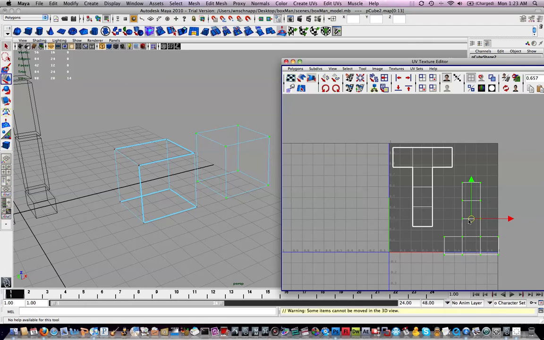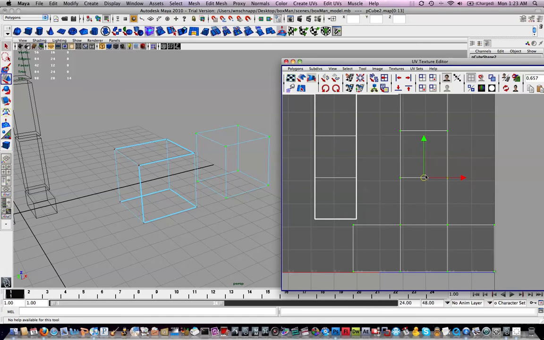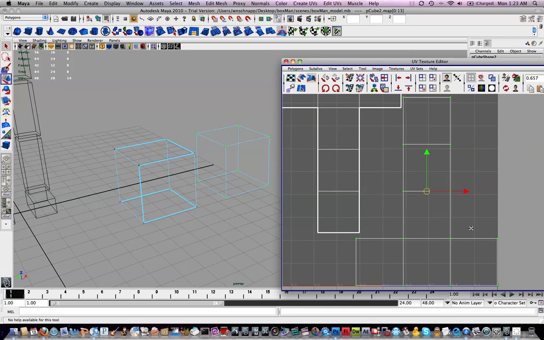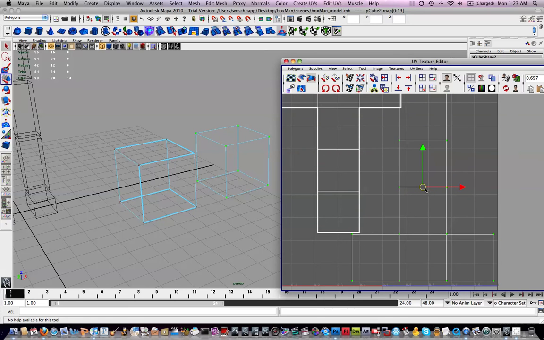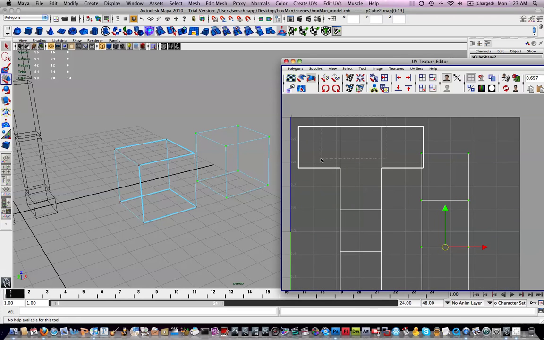But like I was saying, a good rule of thumb for texturing is you don't want anything too close to the edge or on the border, and you also don't want edges on top of or close to each other. So for example, if I had it something like that, I'd be worried about it. If it was that close, I'd be worried. So you want to leave a little bit of space. Even right there, that's kind of pushing it. So you definitely want to